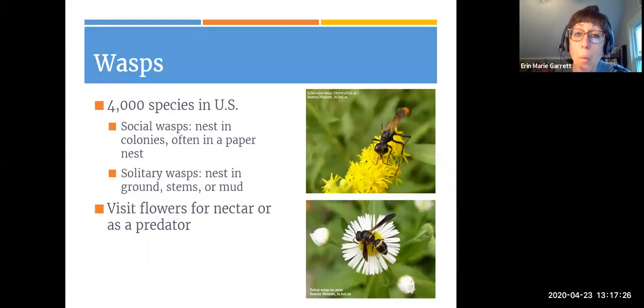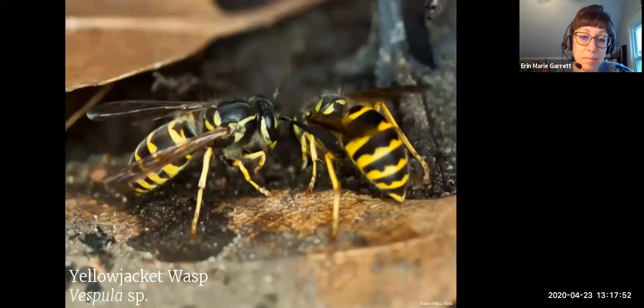okay? Wasps can visit flowers for two different reasons. So they can visit flowers to collect nectar, okay? Many of our wasps do feed on nectar, but oftentimes we also find wasps just hanging around flowers because they're looking for prey, okay? So many of our wasps are gonna be collecting other insects, other caterpillars to act as their food source or to collect to bring back to their nests. Okay, so again, let's look at some examples, and we're going to start with the ones that we typically don't